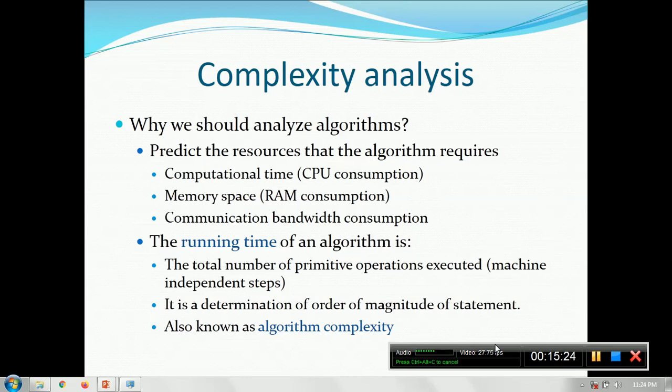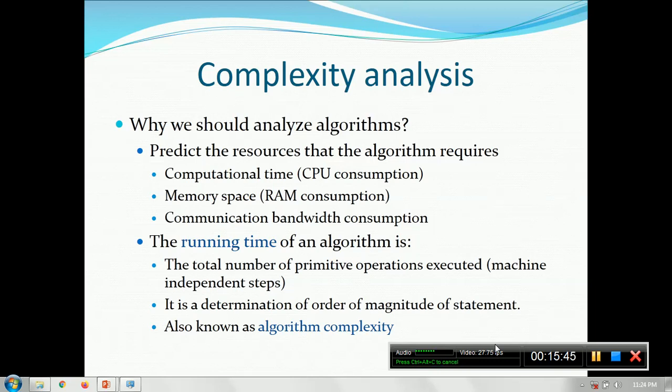Come to the running time of an algorithm. It is the total number of primitive operations executed, that is, machine independent steps. Every single statement that is being executed, independent of the machine.